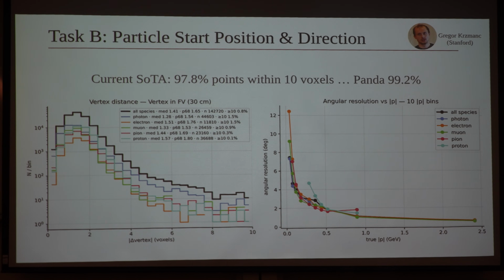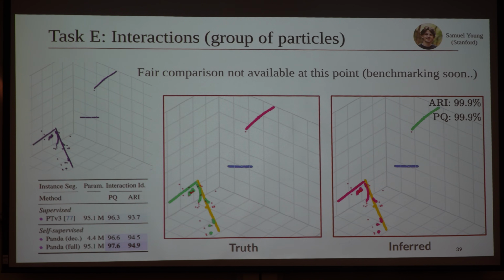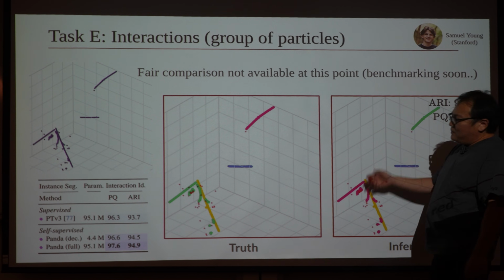This is vertex and angular resolution. I'm not going to go into this, sorry, because we don't have time. This is interaction clustering, so again, grouping pixels into interactions, not individual particles. An interaction is made of multiple particles. This event display particularly looks kind of empty, but it's kind of amazing,